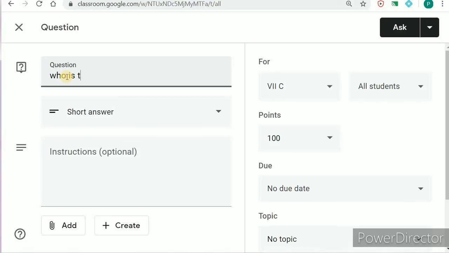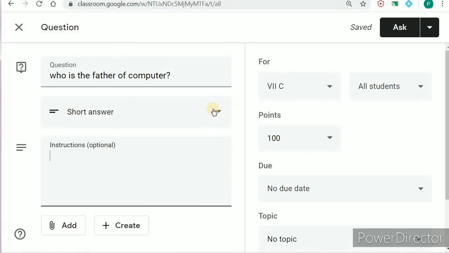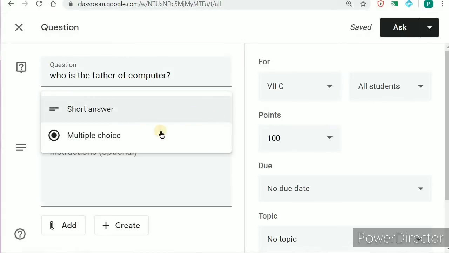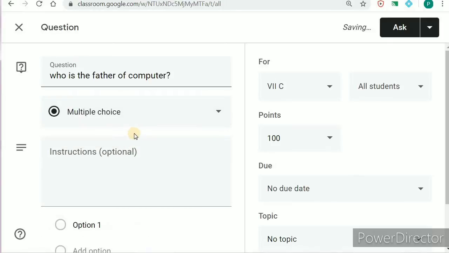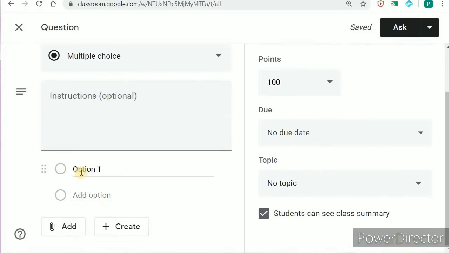So suppose we are writing a question, who is the father of computer? So we can make it a short answer question where a student will write the answer. You can give the instructions if you want, that is optional. Suppose you want to make it a multiple choice question, then you can click on multiple choice, and then we can give the options here. So first option, suppose we are giving